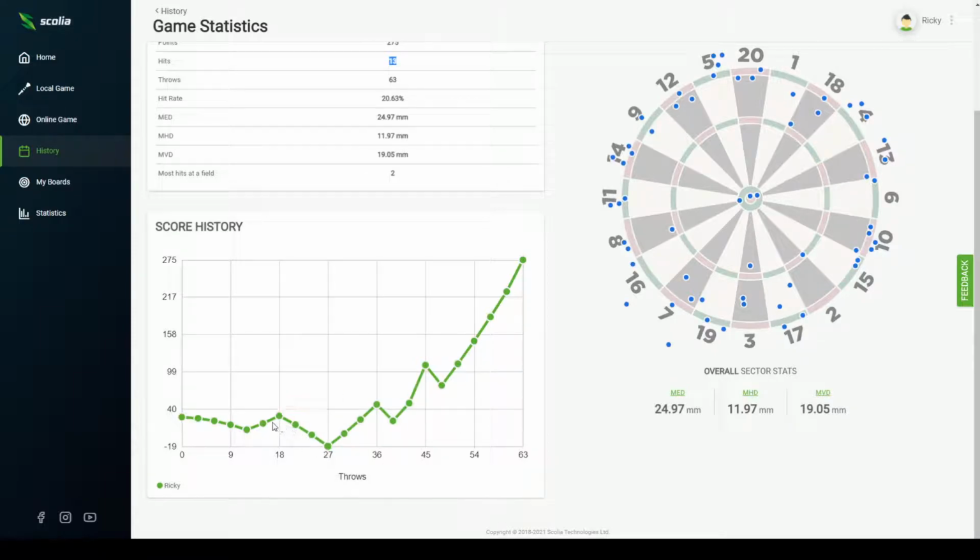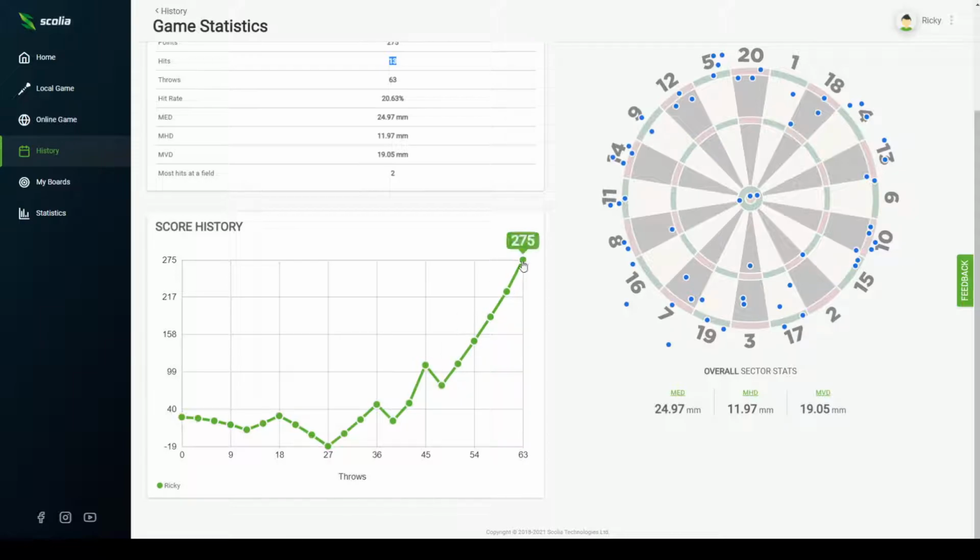And then we've got our score history, so we can see that I was on the decline, then I bounced up with a throw, but then it was quite easy with the higher darts. So 27 throws there, so that was what, 9. I was on number 9 there. So you can see that if you start missing, you start losing quite big points. But equally, if you hit those scores, you can start bumping the points up as well, particularly in the later stages when you get the higher